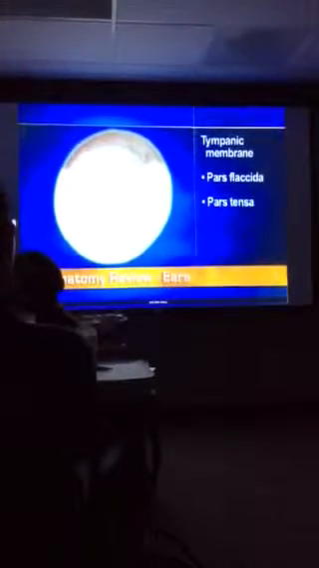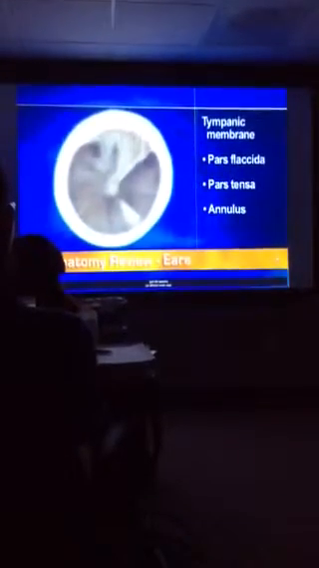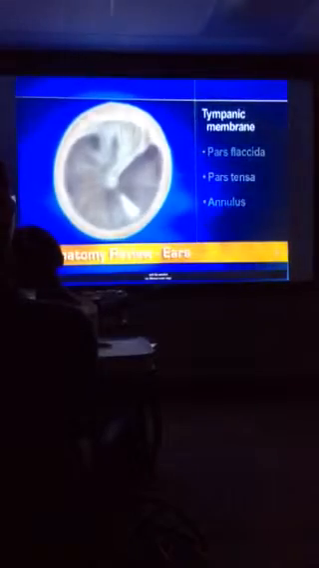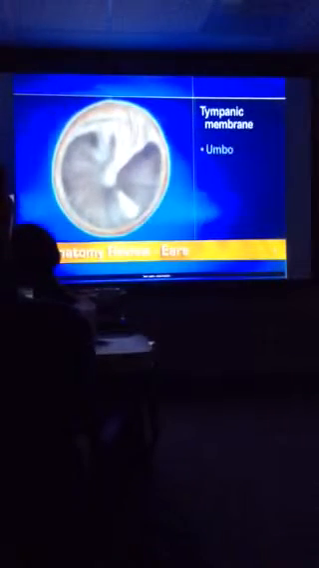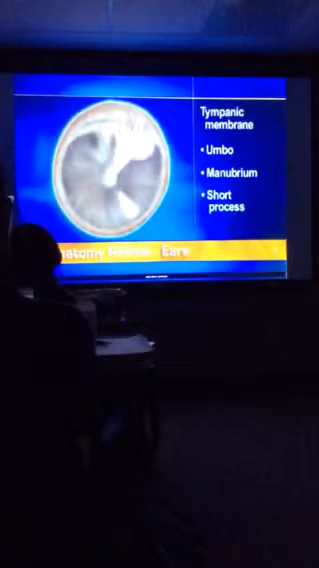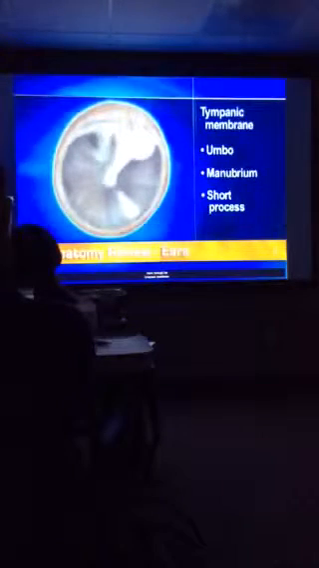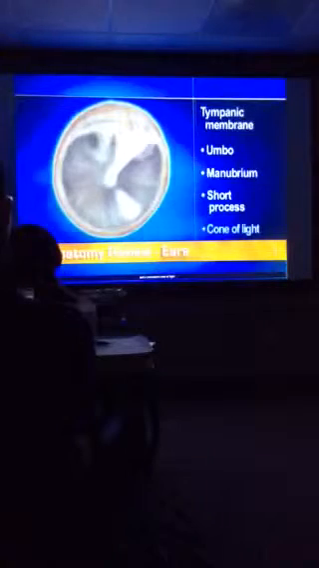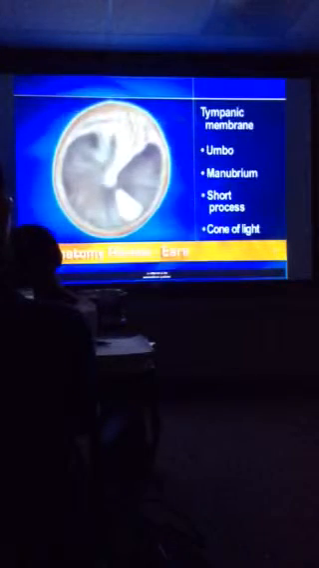and pars tensa, and the annulus, or fibrous outer ring. 3 parts of the malleus, the umbo, manubrium, and short process, show through the tympanic membrane, and a prominent cone of light is reflected in the antero-inferior